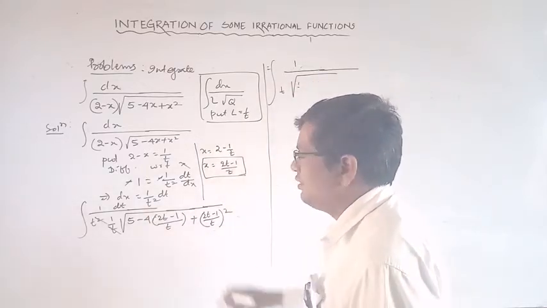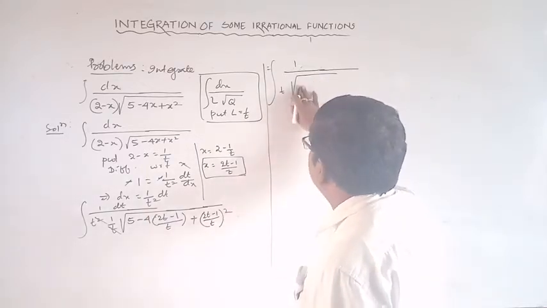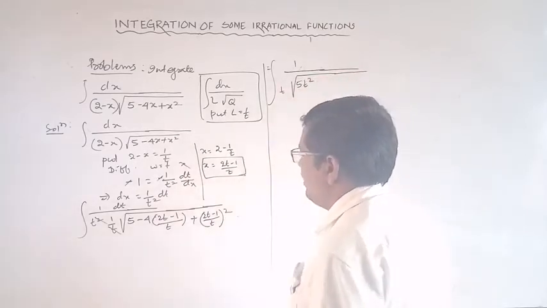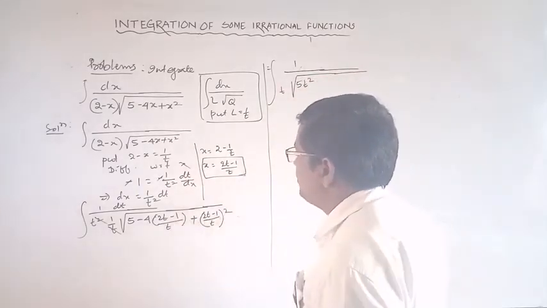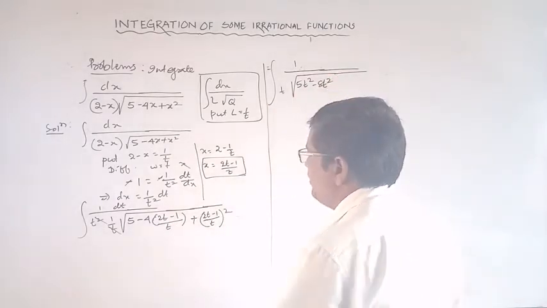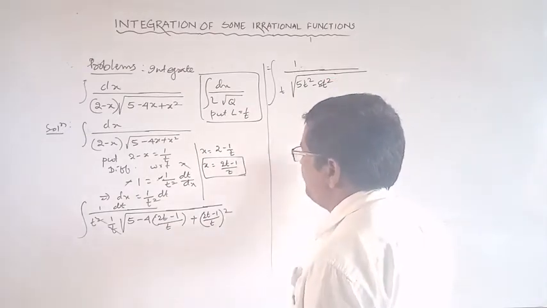LCM is t square. So 5t square, and this is minus 8t square, and this is plus 4t,